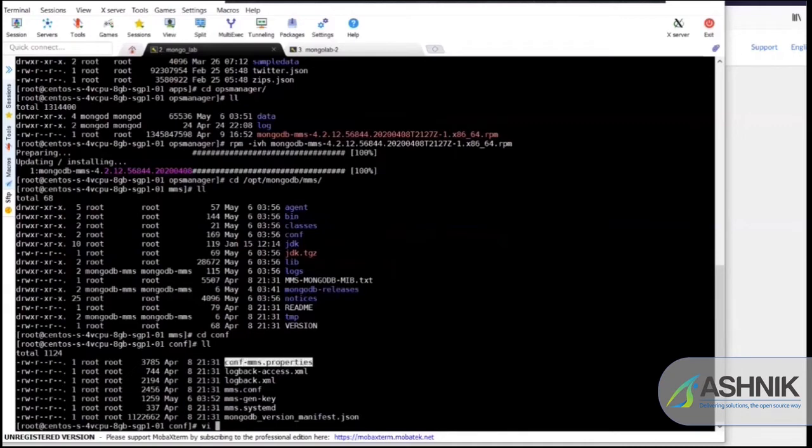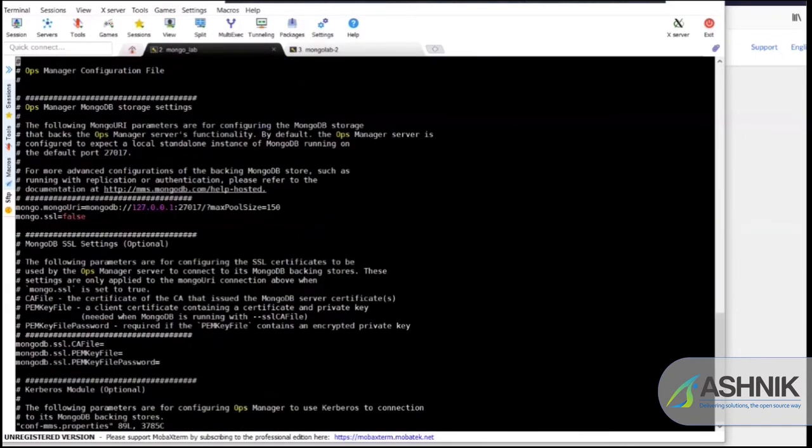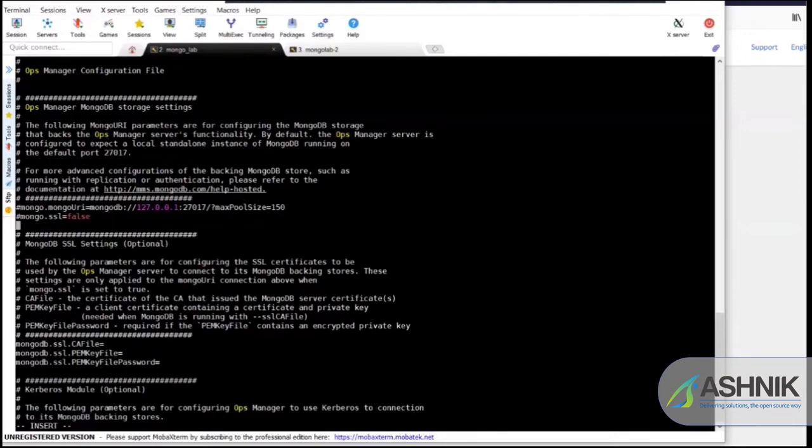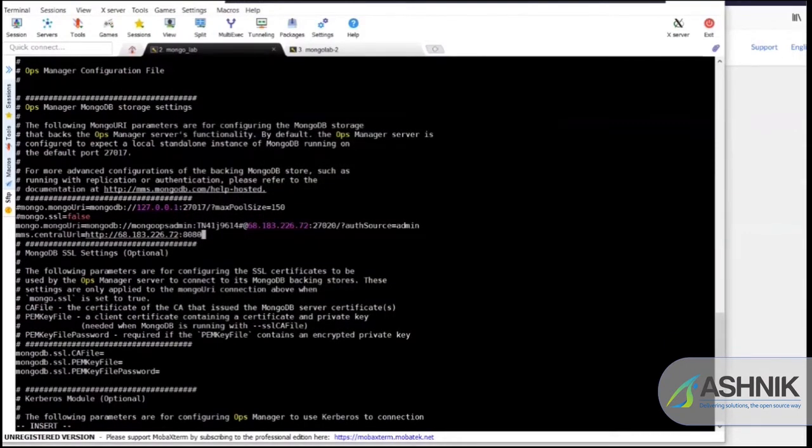This is the place where we have to mention our opdb database instance. I have already set up my opdb database instance, and I'm going to put it here. This is where my opdb database is running, and the port number, which is according to the database admin. I have mentioned my username and password. This is the HTTP URL we are going to connect to with Ops Manager once the service is started. Let's save it.